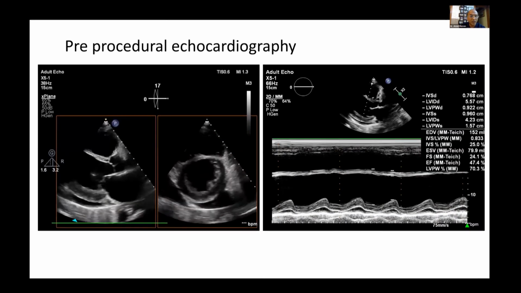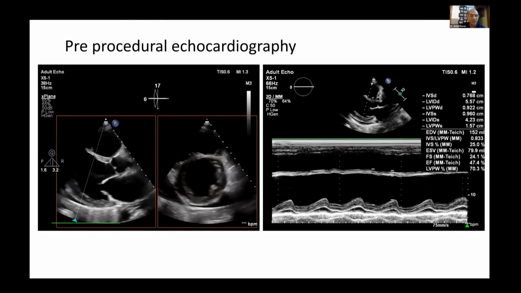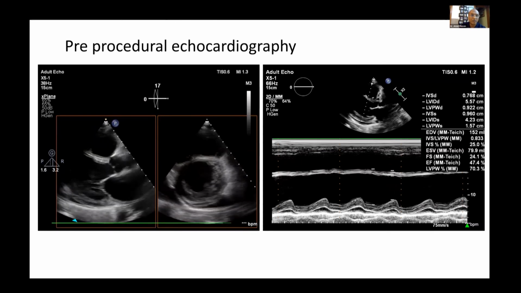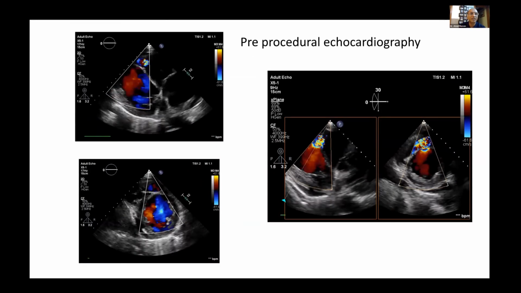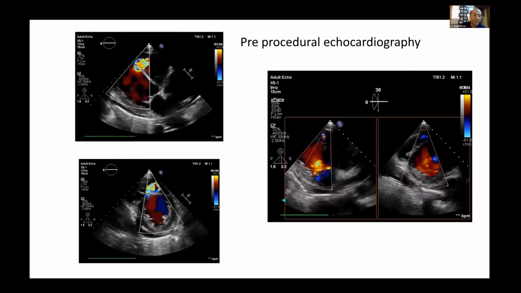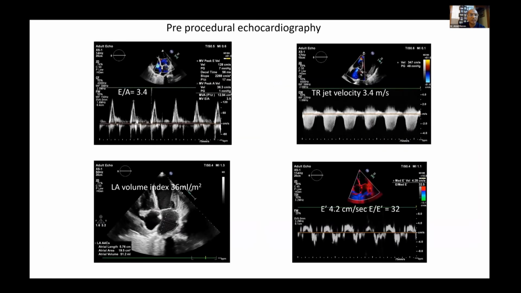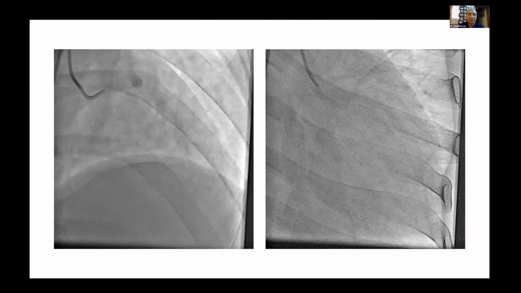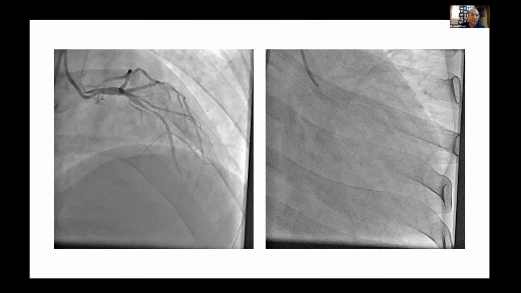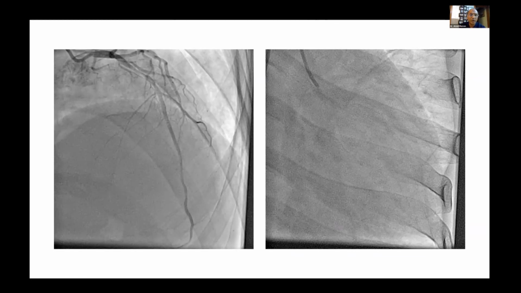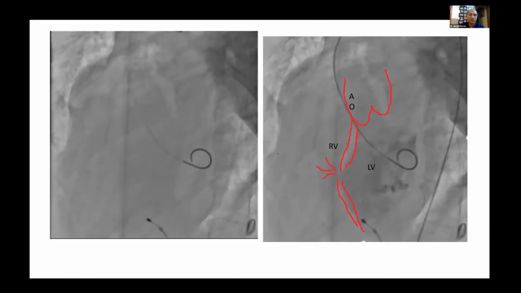Patient has pulmonary edema, gross wall motion abnormality, thinning of the septum and anterior wall, but there is a large VSR in the mid and distal part of the septum, and the VSR length is around 11 millimeters. So there is both LV systolic and diastolic dysfunction, and severe pulmonary hypertension. The patient is in cardiogenic shock. After shock management, on the 7th day, the coronary angiogram showed single vessel disease, and we attempted VSR closure on